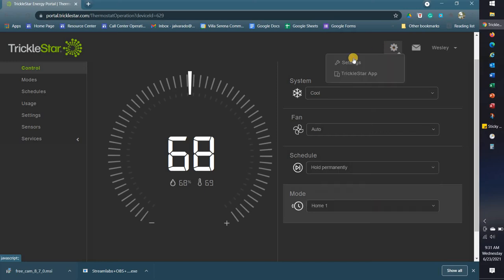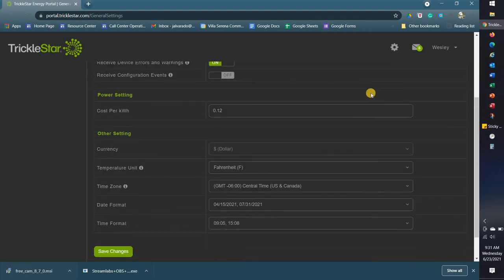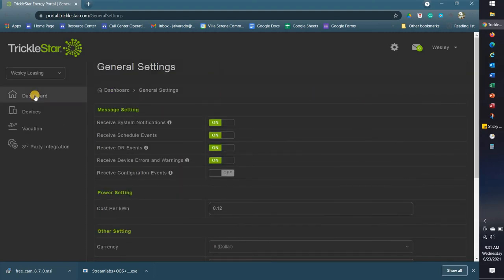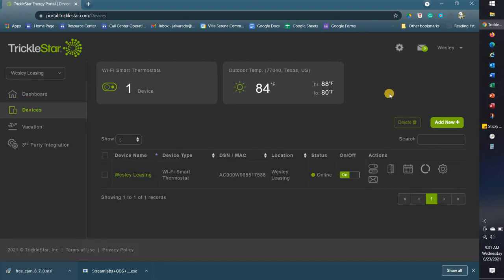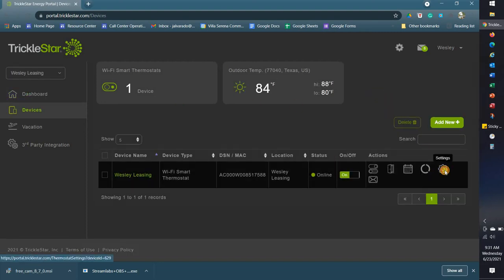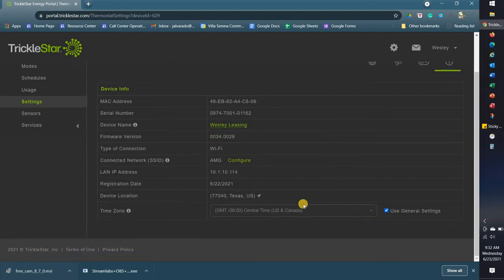Now you can access the settings from different places. This is one of them here. Okay, so in this case I probably already put it on the proper time zone. So let's go to settings here then. Okay, so in this case it's already in central time zone, but I suggest you go to your settings, to